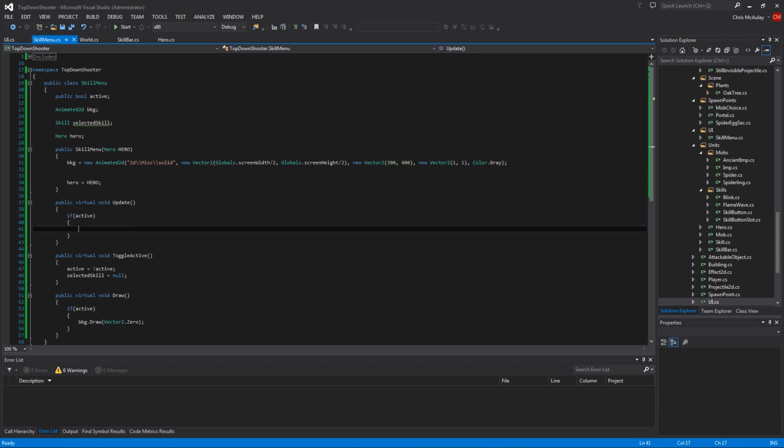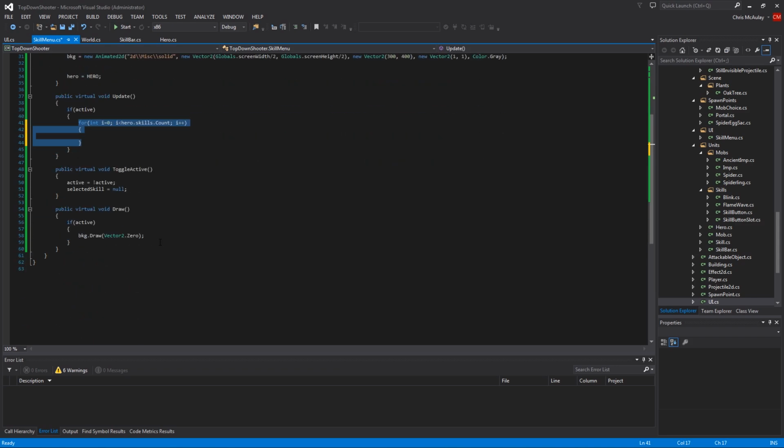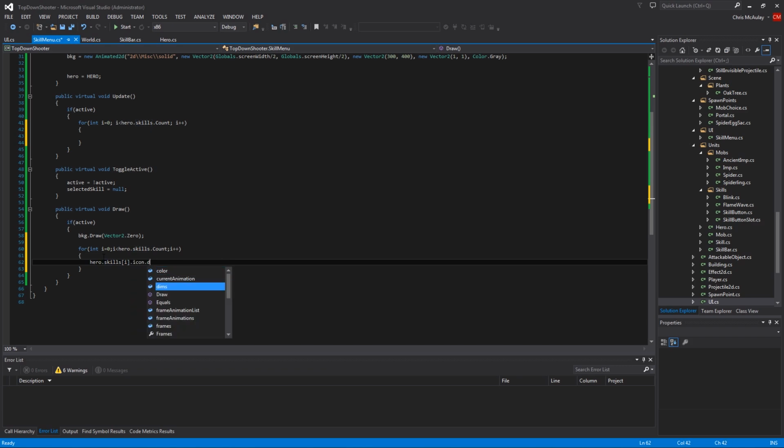So we are going to be saying for int i equals 0, i less than hero.skills.Count, i++. And then we are going to be saying, well, let's draw them first. That would probably be better. That way we can see them. So hero.skills[i].icon.Draw,